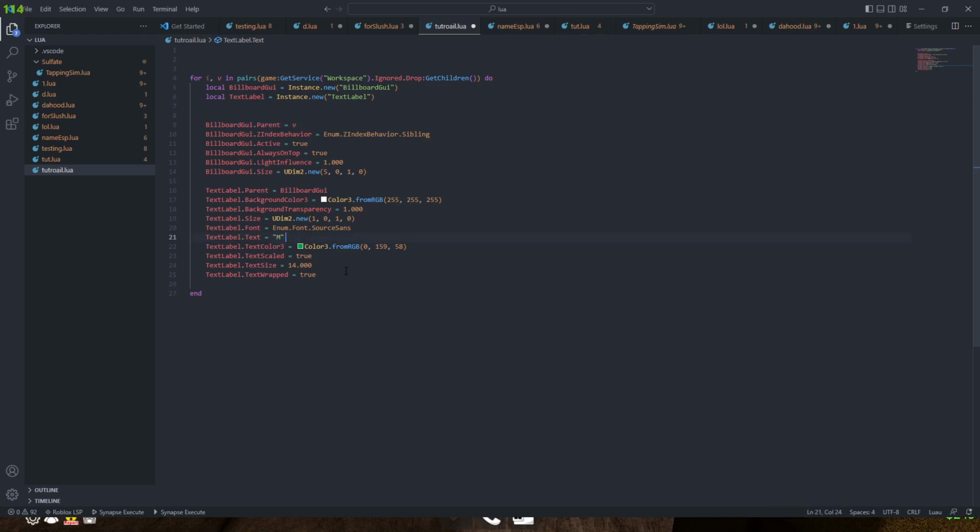And then text label to money. Or you can set it to v.name. It's whatever you want. This is only gonna work once though. So just put this on